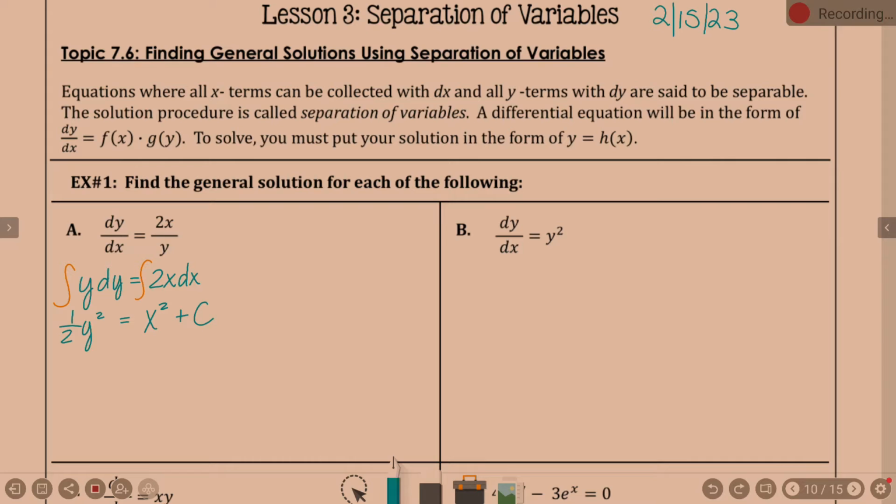When we do this, we don't generally leave our answer in this form. We're just doing the general solution here, right? So our general solution is going to have a c in the answer. They didn't give us any ordered pairs to plug in, so we'll have plenty of those as well. One thing, I wouldn't leave that 1/2. How do you get rid of the 1/2? Times 2. Now, if I times 2, y squared equals